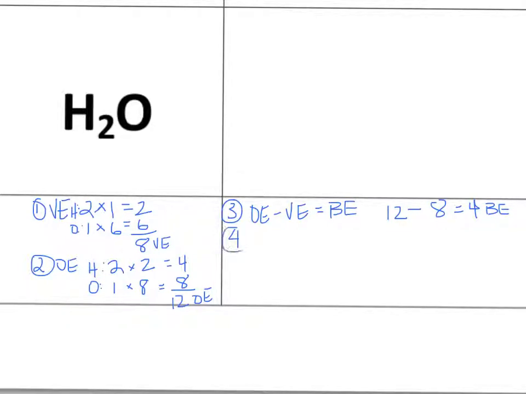Step 4, bonding electrons divided by 2 is equal to number of bonds. So our bonding electrons we said are 4. Divide that by 2, and that equals 2 bonds, which makes sense if you look at it. So then step 5,